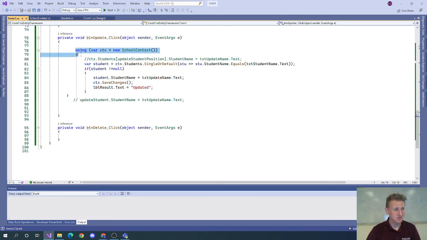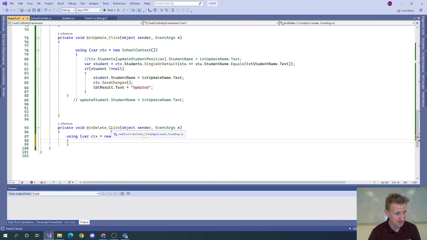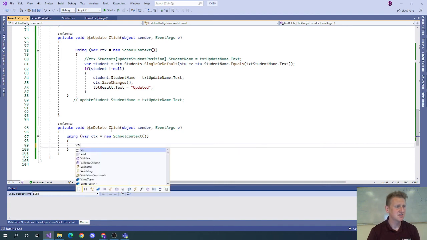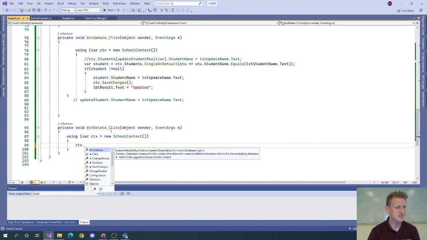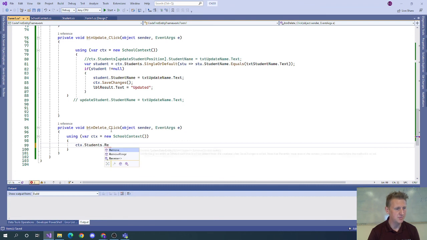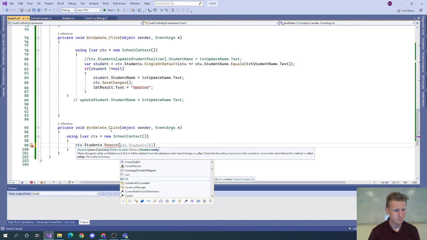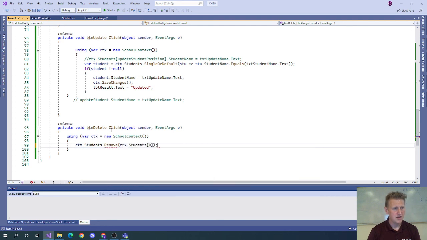When I was exploring these methods that belong to ctx, ctx.students.remove, and then remove a student entity. Now, the IntelliSense, again, we already know that we can't use an index here, but what we learned before,